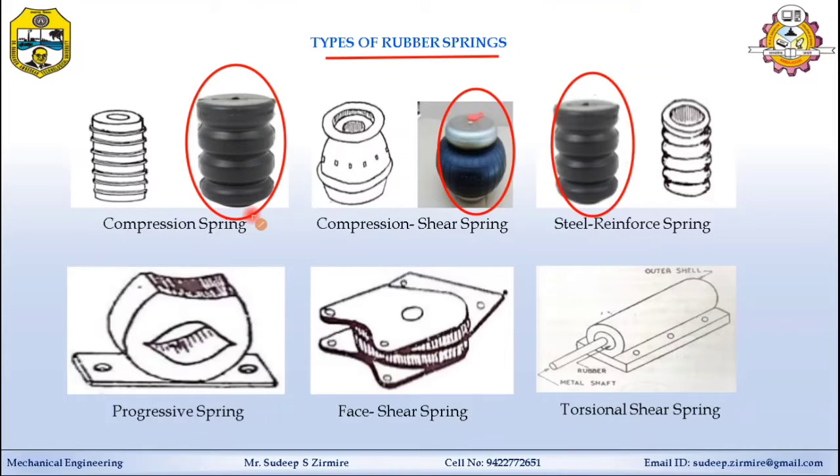So, the first one is the compression spring. It takes the compression load, meaning vertical compression loads. Because of that, it is given the name compression spring. This spring requires no bonding. It is a simple and reliable type of spring, and it also provides the rising rate characteristic. But this spring is generally used with an additional provision for mechanical guiding purposes.